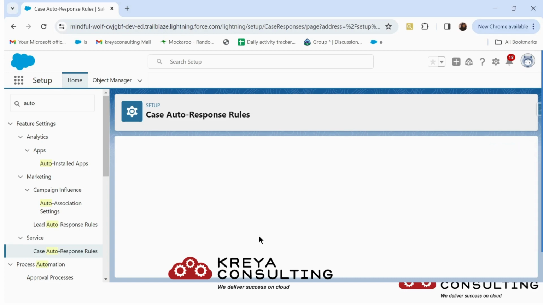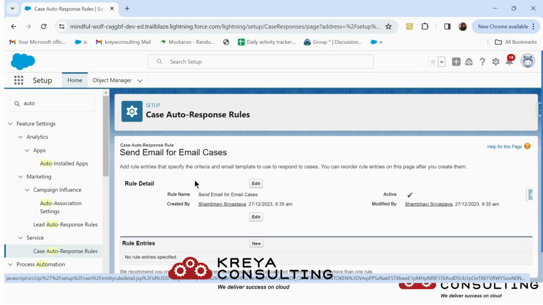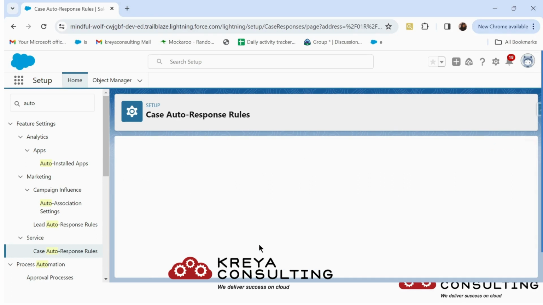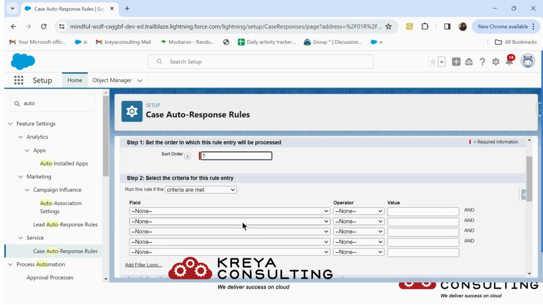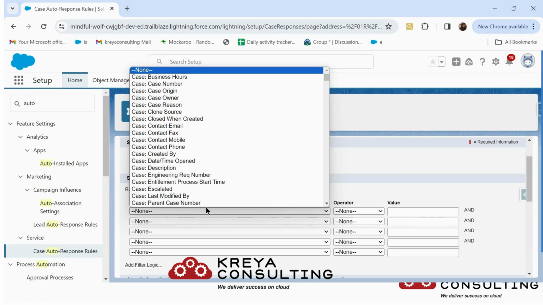Now the next step is to fill out the entries of this auto response rule. So click on the auto response rule name and under rule detail you will find rule entries. Click on the new button here and provide the sort order in which the auto response rule will work. For now I'm giving it 1, and the second step is to enter the rule criteria. If you remember, whenever we set email to case, the case origin will be email and the priority will be high. So let's select criteria